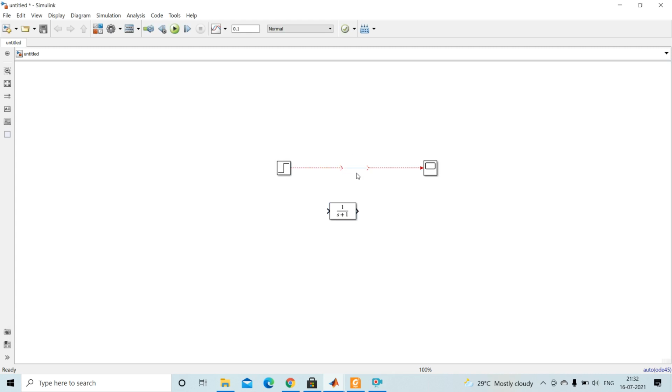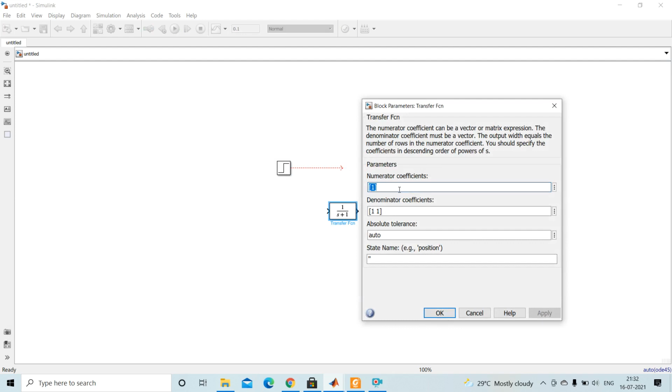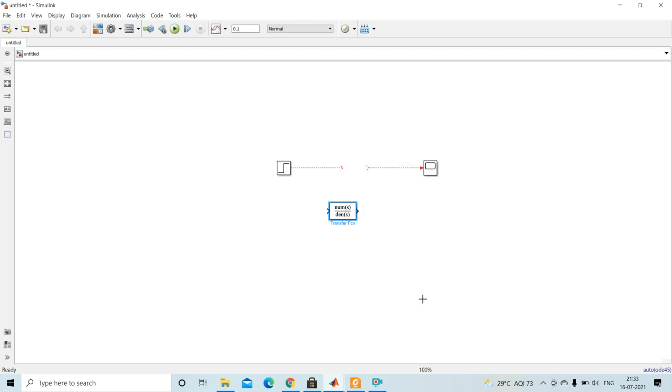This is not exact, this transfer function. See the parameters over here. For the numerator coefficient you can write 1, and for the denominator it is s plus 1. The coefficients are written in descending order of power. If I write 3 space 2 space 1, then your transfer function is like this. 3 is the highest order coefficient, then 2, then 1. So just insert it here.